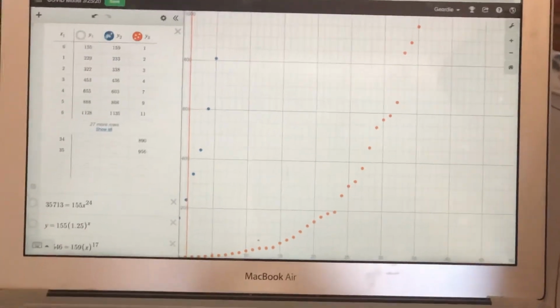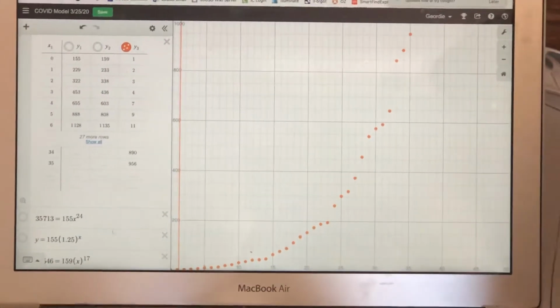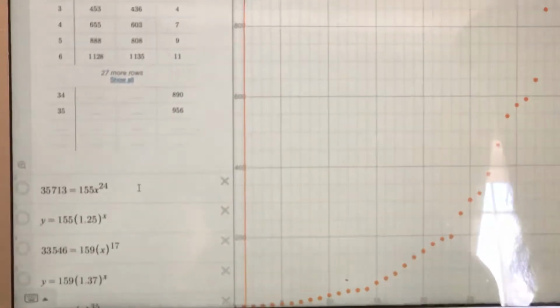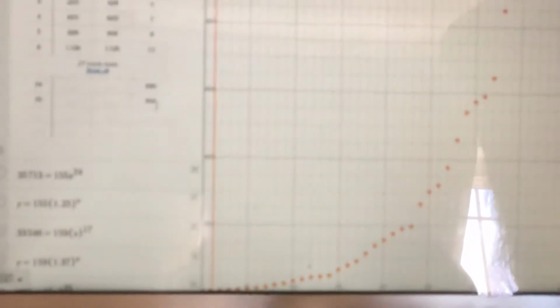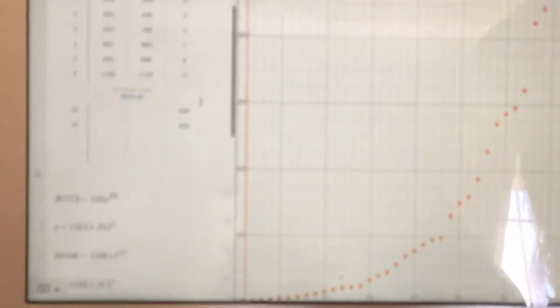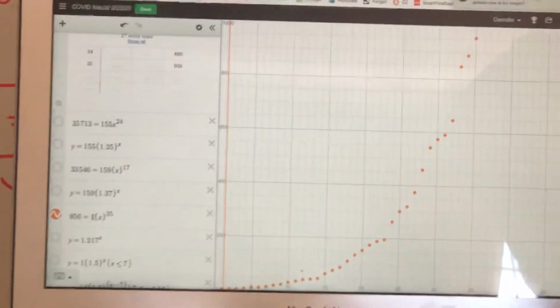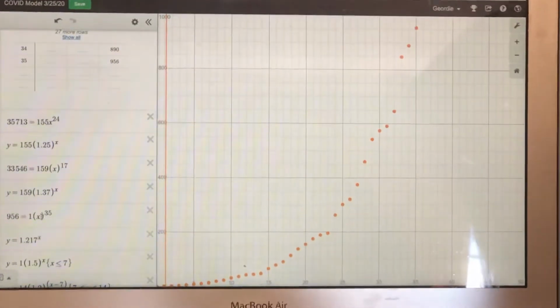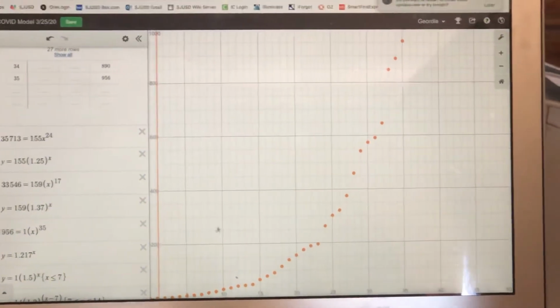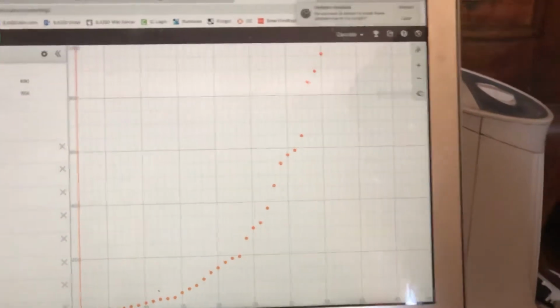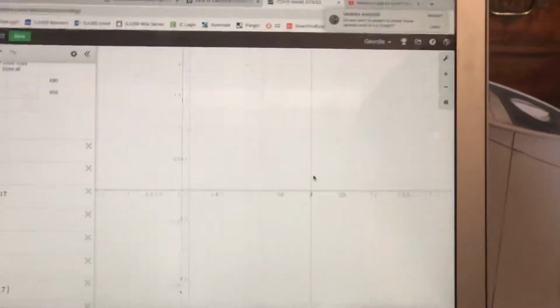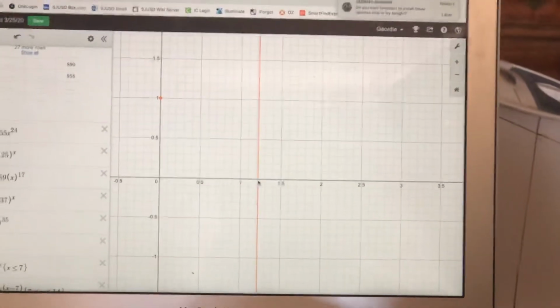We're going to take the Italy and USA data out of here and take a look at this. As we try to model this data, we're going to notice that our day 1 was 1 case, and our day 35 was 956 cases. So I said, well, 956 is equal to 1, the base value, times x, the unknown growth value, to the power of 35. And as we zoom in on that, we see that it is approximately a growth value of 1.217.